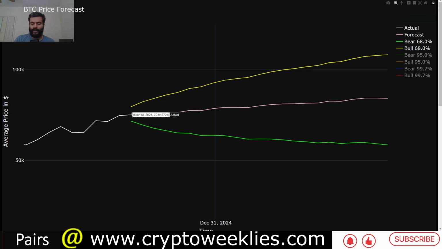The trend based forecast, which is without any bullish or bearish bias, captures the price on its own and its trend with this pink line. Then the yellow line is the 1 standard deviation bull case, and the green line is the 1 standard deviation bear case. The base case, or the trend based forecast, for Bitcoin is between 71k and about 80k between now and April of 2025. This is without any price momentum in bullish or bearish phases.